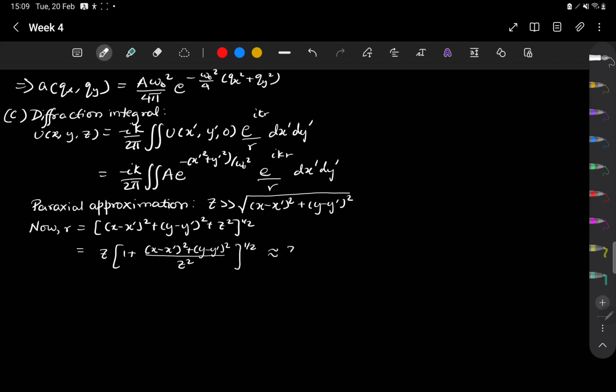Now, making use of the paraxial approximation and the binomial theorem,